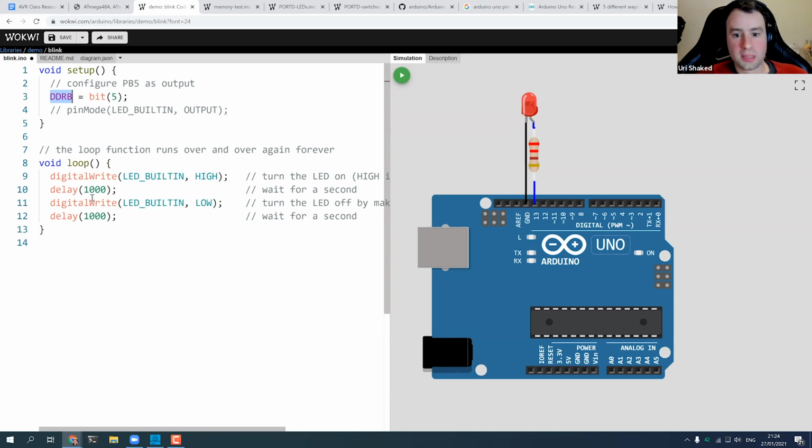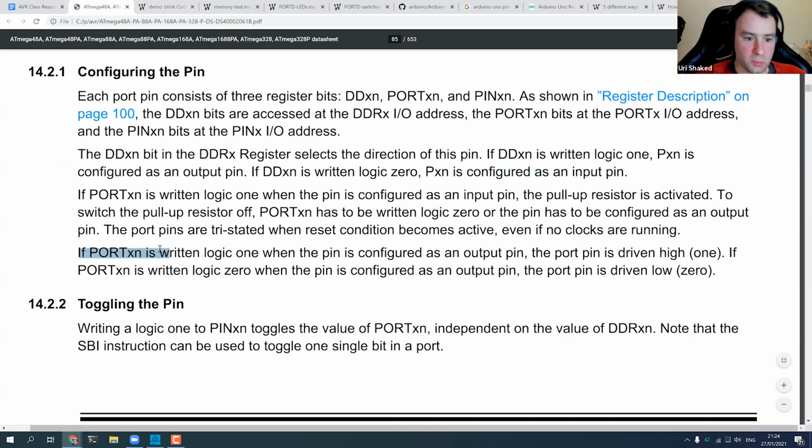So we can see that if port whatever is written logic 1 when the pin is configured as output pin, it's driven high. If it's written logic 0 when the pin is configured as output, then the pin is driven low.